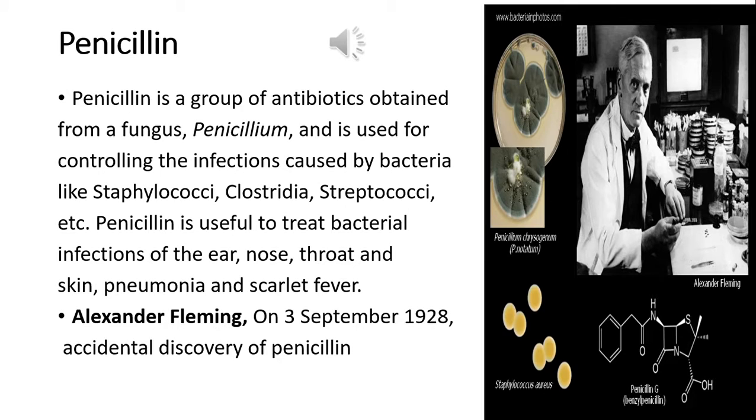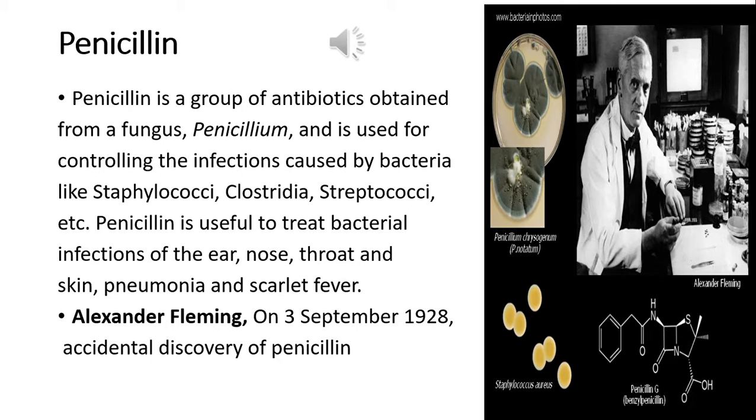Professor Fleming observed that the area around the fungal colonies was clean and there was no growth of bacteria around the fungal colony, which means the bacteria around the fungal colony were destroyed. So Professor Fleming continued his research and confirmed that the fungus, which was Penicillium, had produced some chemicals which destroyed the bacteria. And that's how the first antibiotic, which was labeled as penicillin because it was produced from Penicillium fungus,